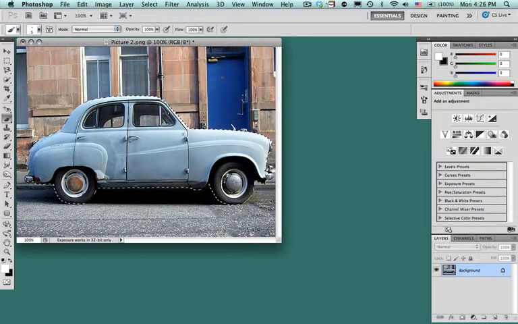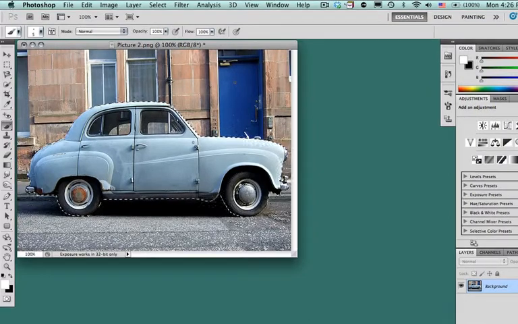Several people have asked, how do you make a photo transparent and take out the background? So in this tutorial, I'm going to show you how to take out the background and make the picture transparent. It's pretty easy to do, but one of the key things that you want to do is use the selection